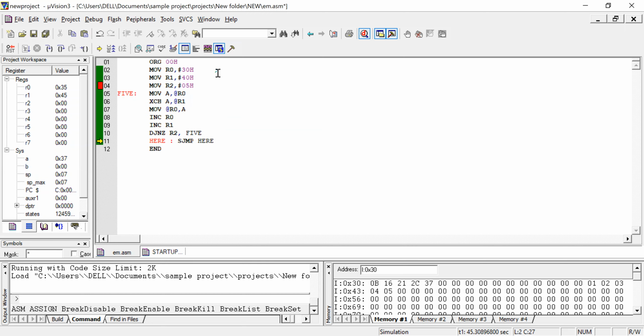So this is your source. 30H is going to be loaded to the R0 register, where this 30H is going to be your source memory pointer.